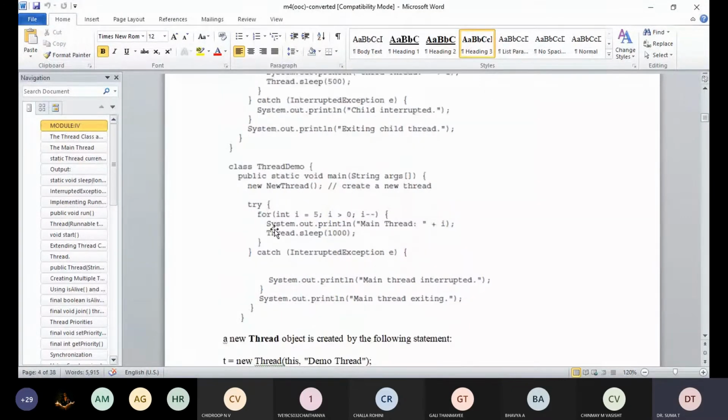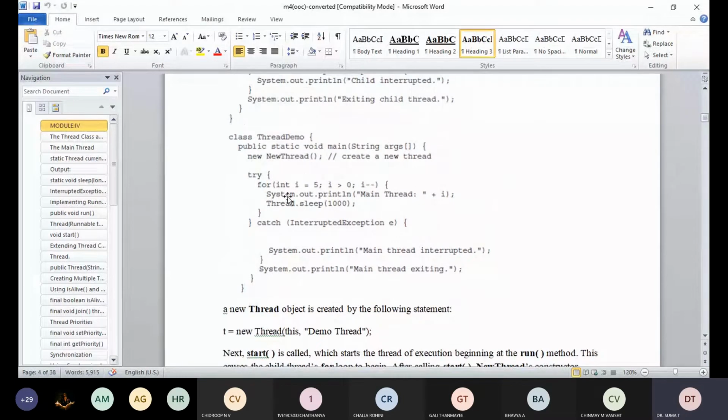Then in the try, again the main thread starts executing, as I told, when your Java program starts, the main thread starts executing, and we have paused for 1000 milliseconds.